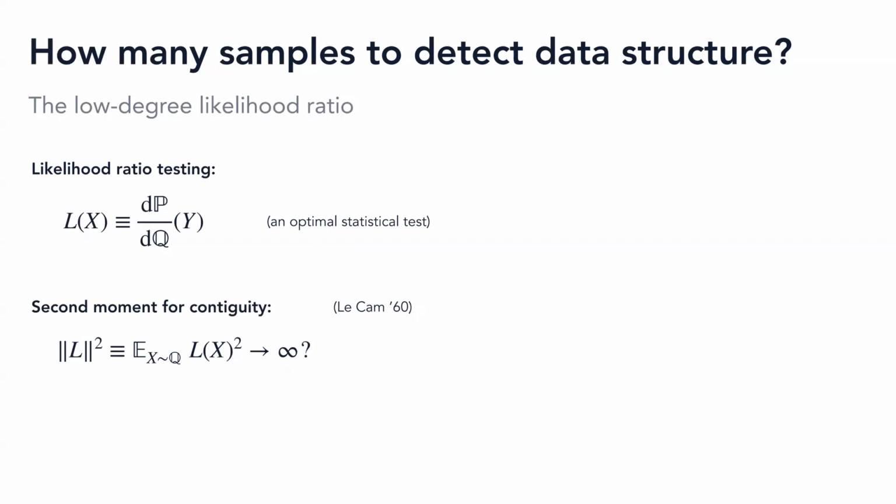Probability with respect to Q goes to 0. This means that you distinguish the two. But what does the likelihood ratio look like if you find such events? It means that it needs to be the integral over Q of this likelihood ratio. If you take that event, it needs to have probability 0 along Q, but needs to be very large on L. So basically, it means that the L2 norm of L must diverge.